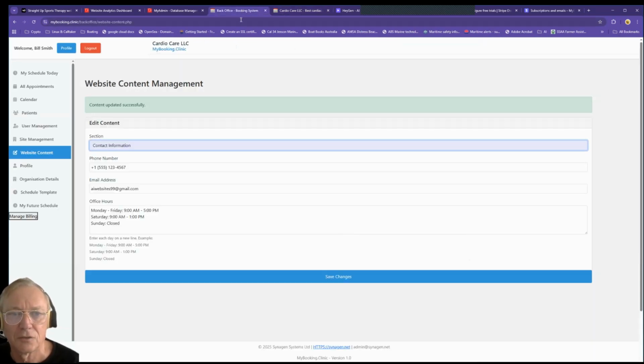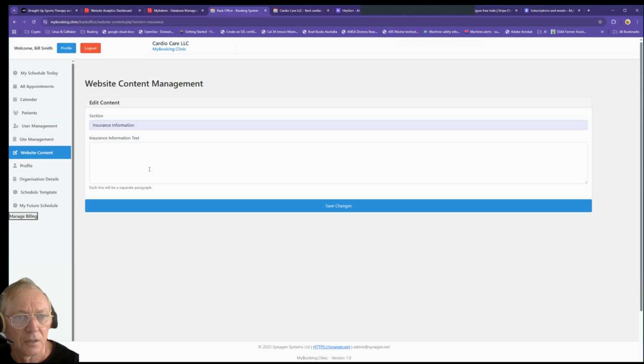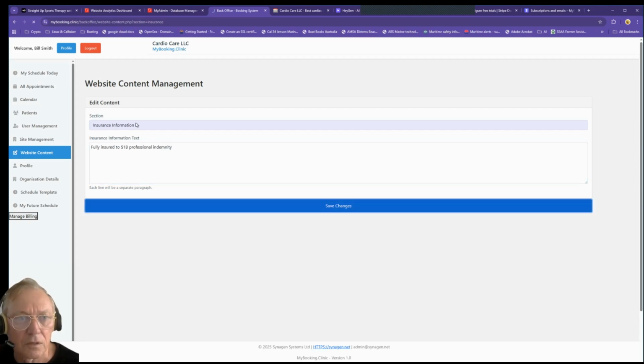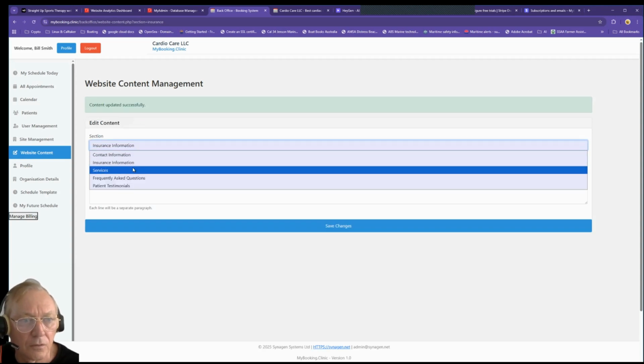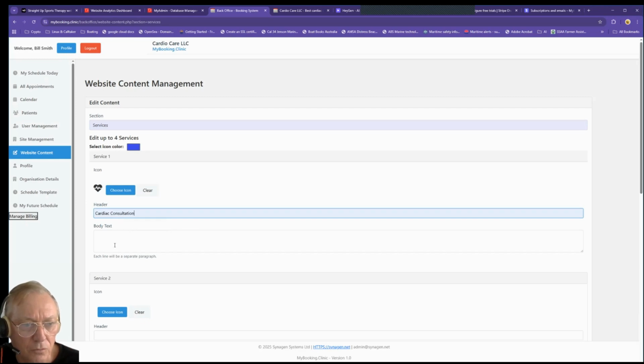So all those sections we set up here. So insurance information: fully insured to $1 billion, professional indemnity. Save. And services, choose an icon color, blue, and choose an icon, and so this is coming up,